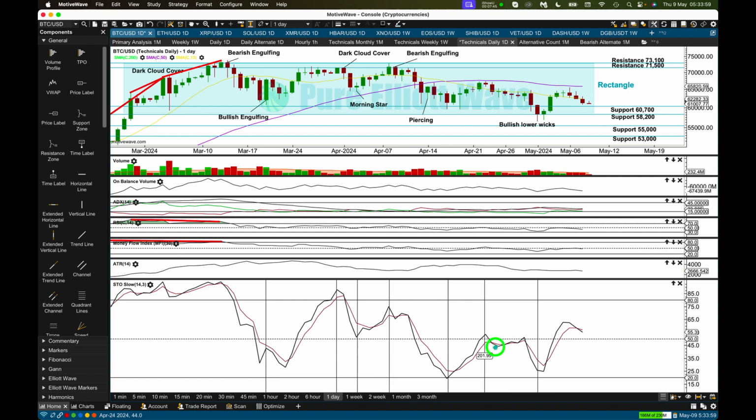And here, stochastics moves lower, price moves lower. We get a second test of support with an overshoot of prior support at 60,700. Price quickly returns back to within the consolidation. Stochastics didn't quite reach oversold, and now it has a positive slope. So now we have to expand our support area to a small zone, 60,700 to 58,200, and now we can expect reasonably overall an upward swing for stochastics to continue higher toward overbought and price to continue higher toward resistance,